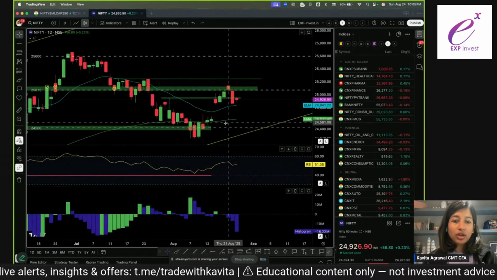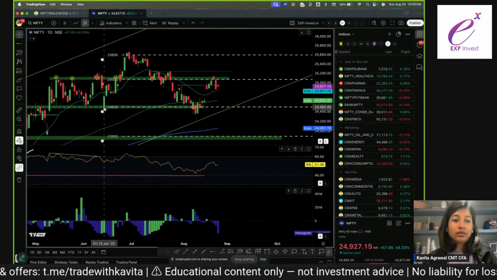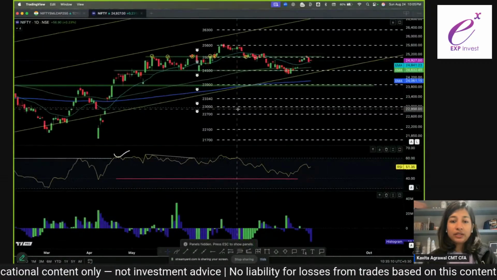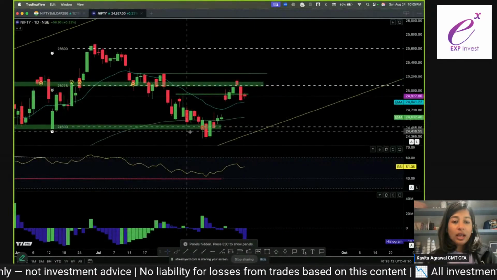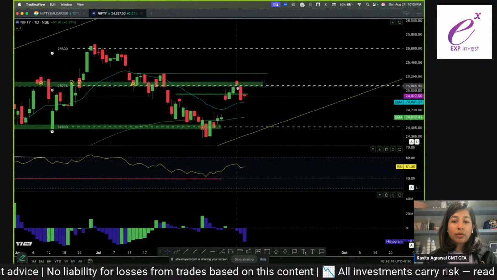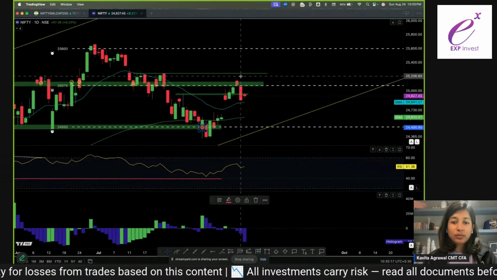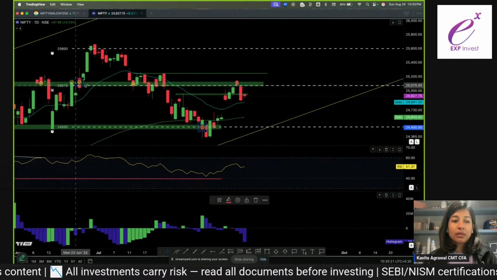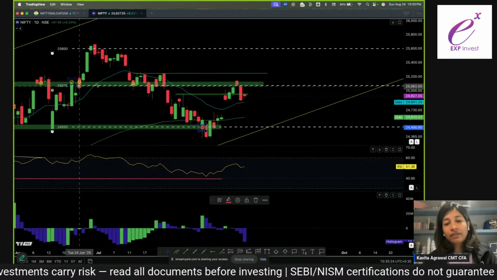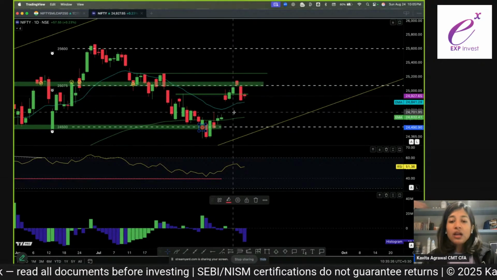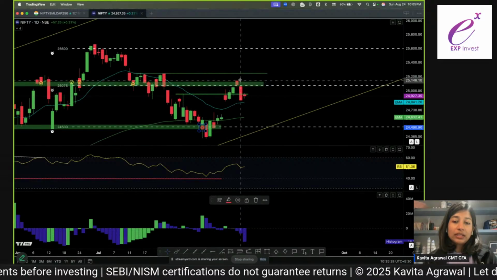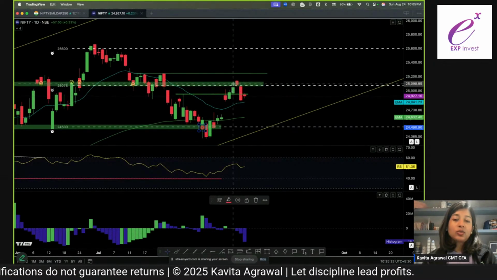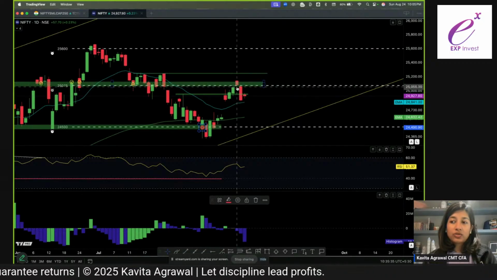Now, on the daily chart, we can see that the support level identified at around 24,500 has acted out pretty well. And here we saw a little bit of a bounce, despite a breach, we saw a bounce. But this bounce again has taken resistance at the marked level of around 25,100. Before taking resistance, the resistance was also breached with a gap up opening and then some correction over here.